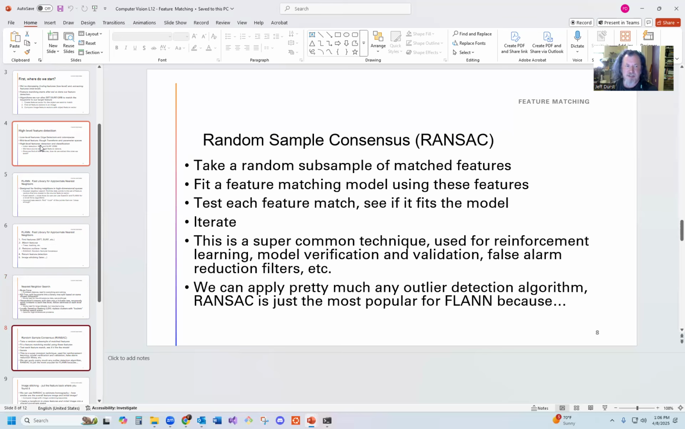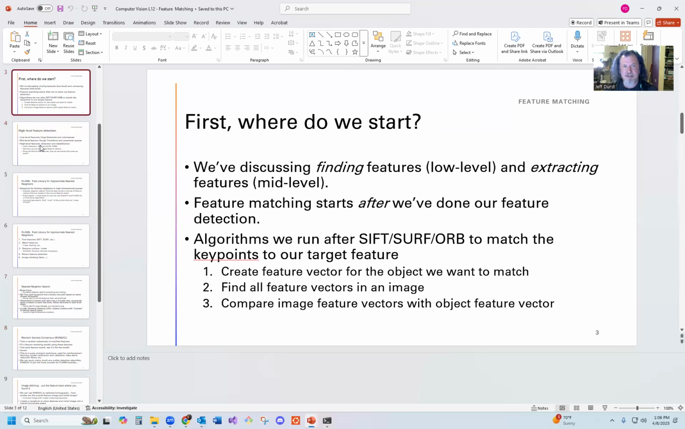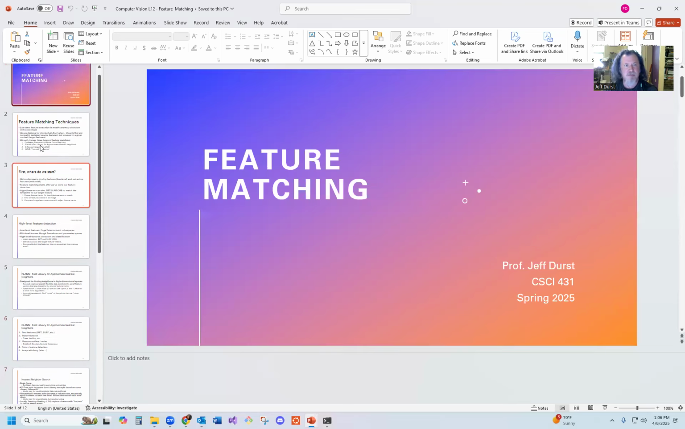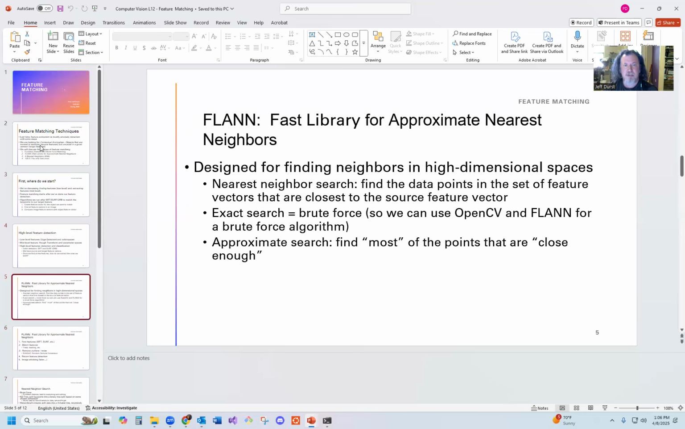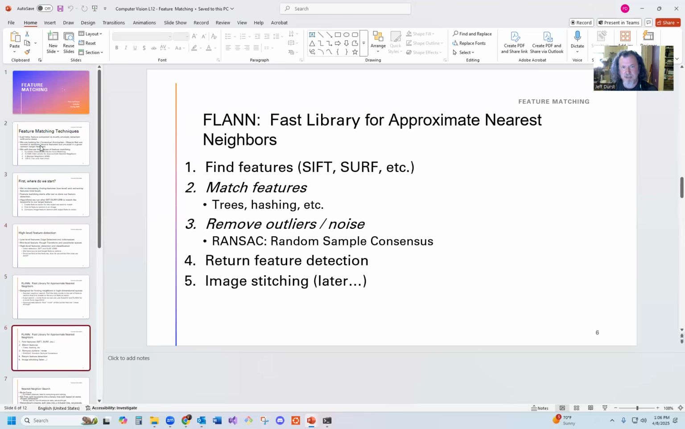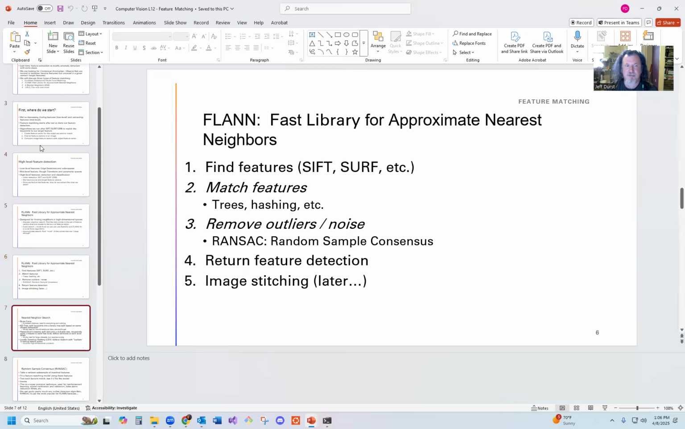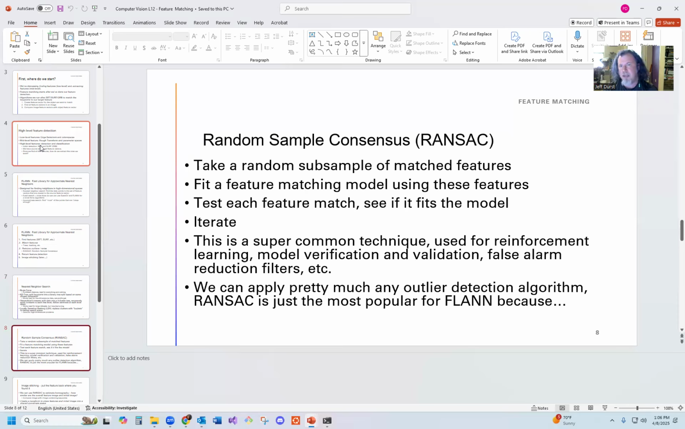So once we do our nearest neighbor search, if we come back, the next thing is we want to do our RANSAC, so a random sample consensus to remove outliers. So what random sample consensus is, this is an outlier detection method. So at this stage of FLANN, at this stage of feature matching, I can use any outlier detection and filter,